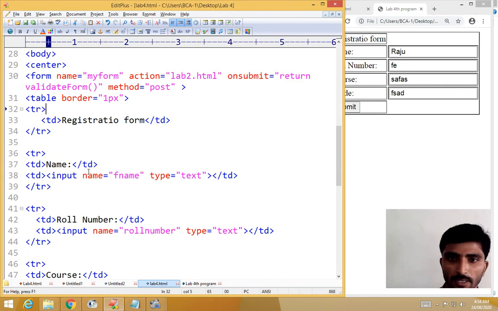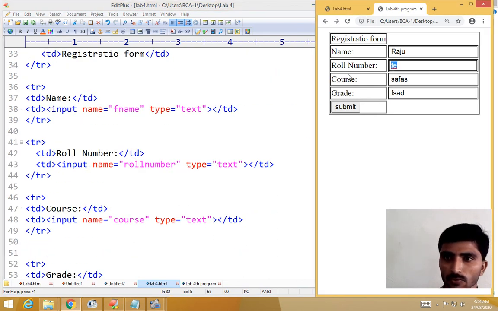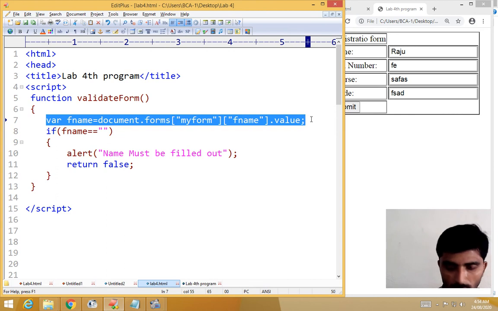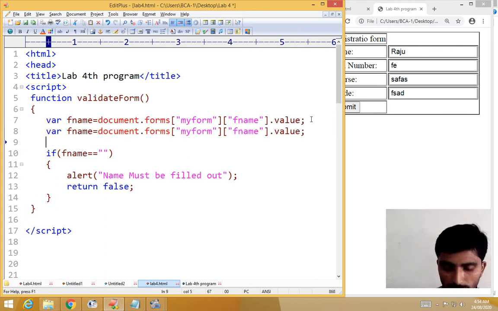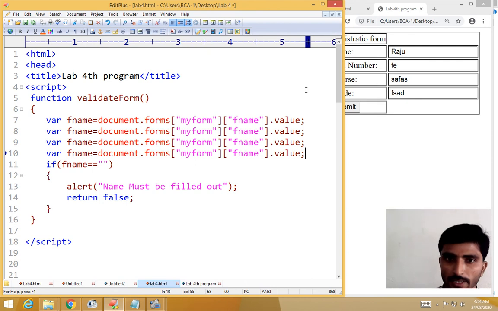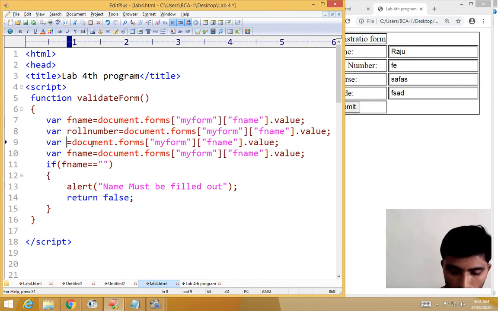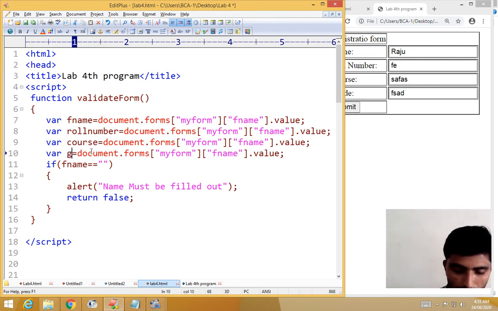Now after that, the next process: the next 2 or 3 text boxes, how to access them, same process like this. Just copy this one line and paste 3 times, because there are 3 remaining. Next one is roll number, according to your name attribute, then course, then grade.